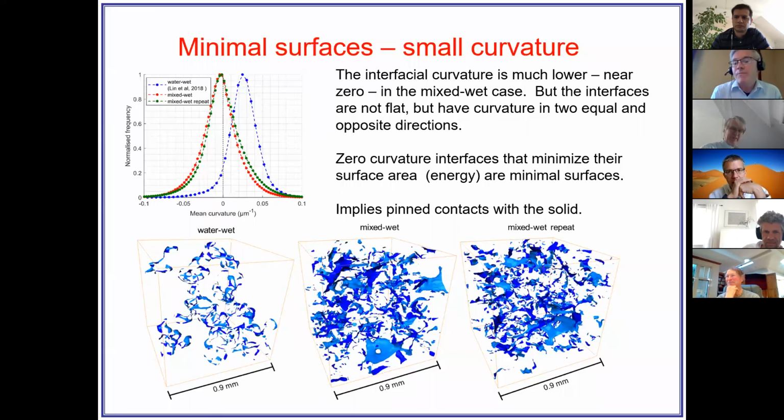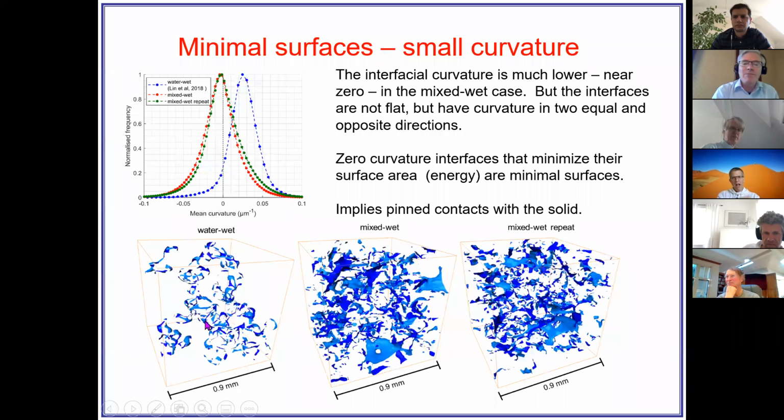When you actually look, every model hitherto was water wet: you have a bulgy surface with oil bulging into water. Neutrally wet, it's flat. Oil wet, it's the other way around: water bulges into oil. We don't see this at all. What you actually see, and it's sort of shown here, in the water wet case, you do see these interfaces